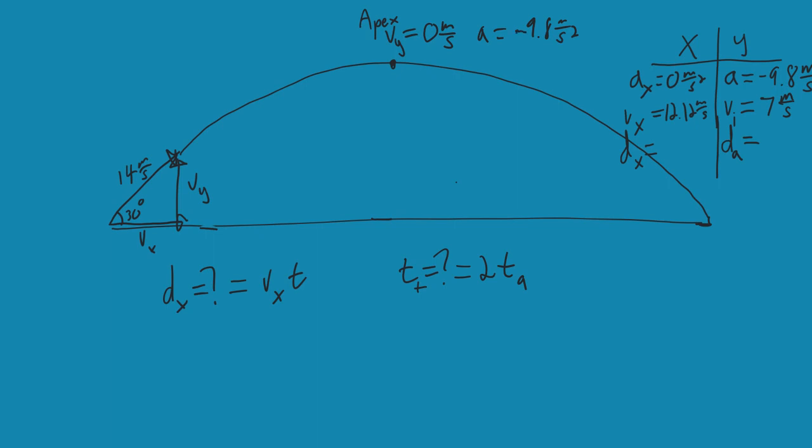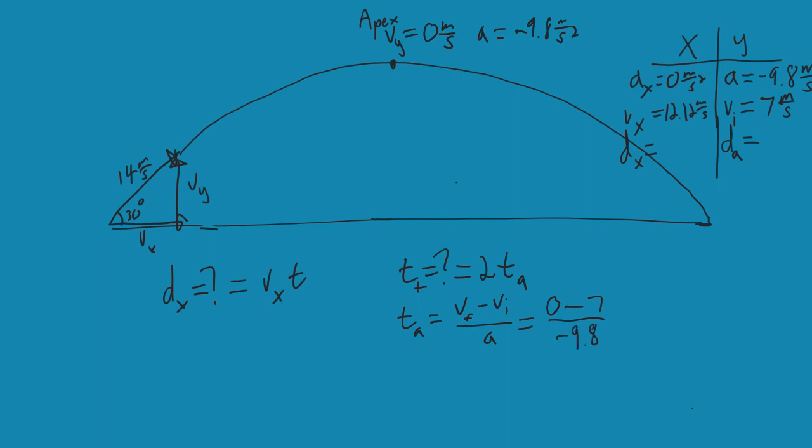All right, so if we want to find the time to the apex, we can use the equation velocity final minus velocity initial over acceleration. Because we know the initial velocity of 7, we know the final velocity of 0, and we know the acceleration to be negative 9.8. So we can plug in our numbers here. We have a final velocity of 0, because that's where we're looking at. We're looking at the velocity at the apex as the final. Then we subtract the 7 meters per second divided by negative 9.8,